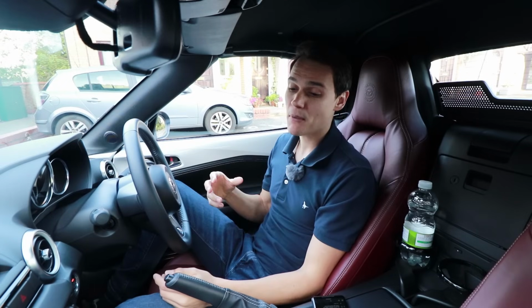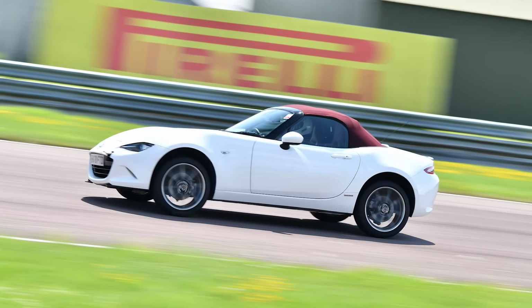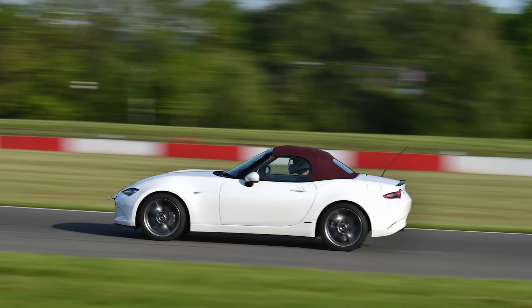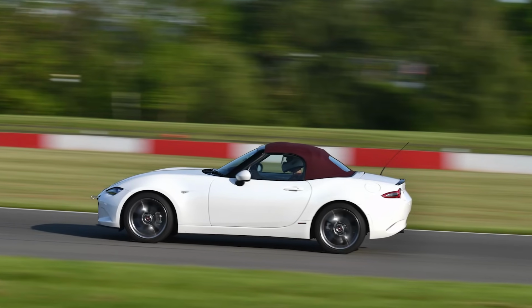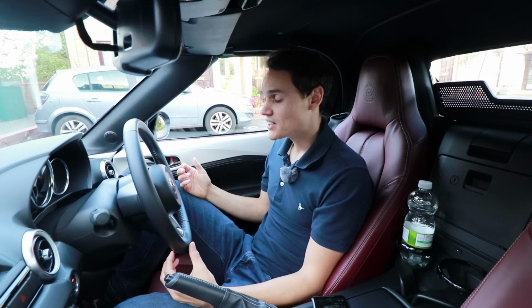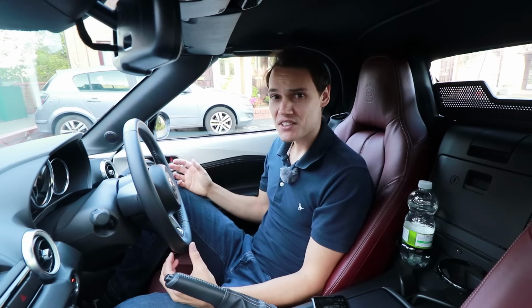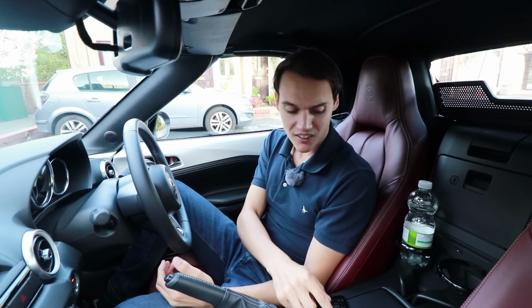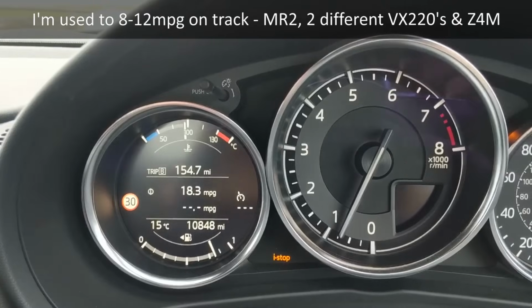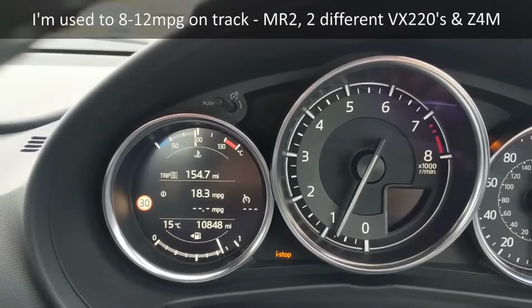And it doesn't seem to make much difference on track as well. I've done 2 really hot track days, one at Thruxton, one at Donington, had the air conditioning on the whole time. I didn't notice a difference in power, although there may be a difference in power, and I didn't notice a difference in economy. In fact, the economy on track in this car is quite amazing. I get between 14 and 18 miles to the gallon,